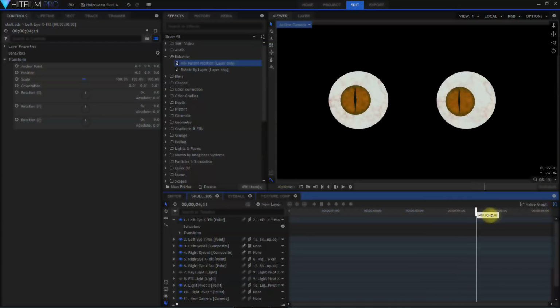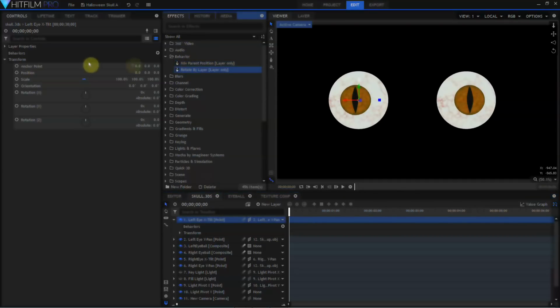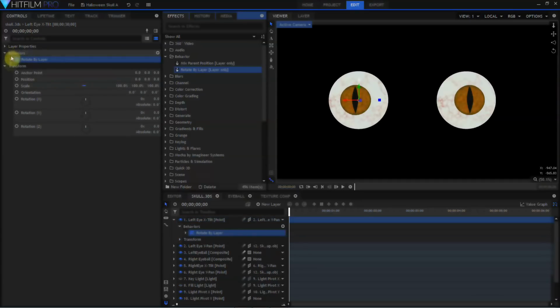In this composite shot, I've deleted all the animation keyframes for the eyeball on the left, while leaving the animation keyframes for the eyeball on the right. I'm going to grab this left eye X tilt point, and I'm going to drag the rotate by layer behavior to it.